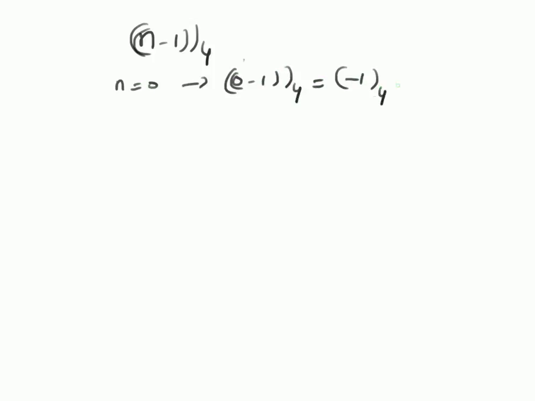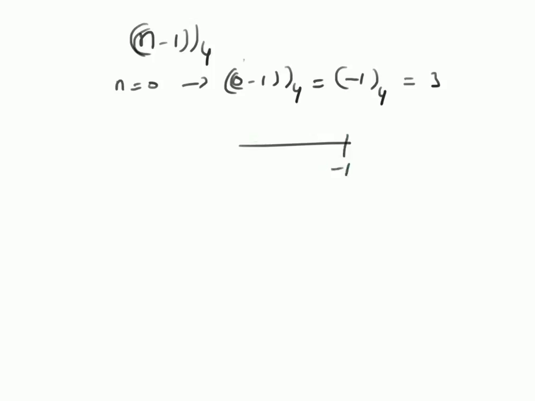So let us try to understand this shifting in detail, that is basically n minus 1 mod 4. What is this operation? For example, when n is equal to 0, it will be equal to 0 minus 1 mod 4, which is nothing but minus 1 mod 4. And upon calculation, it will be equal to 3, because the gap between the previous multiple, that is minus 4, and minus 1, is 3.